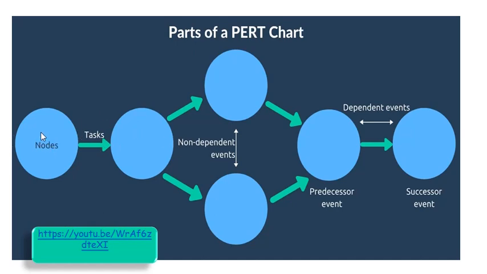ठीक है, ये दो जो है circular shapes is referred to as event. ठीक है, these are at the start and end of each activity. Activities are represented by an arrow. If the arrow is in this side, which means activity ulta chal raha hai, but generally it progresses from left to right. Right, so these are activities.